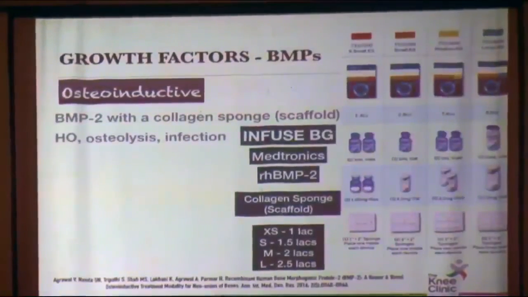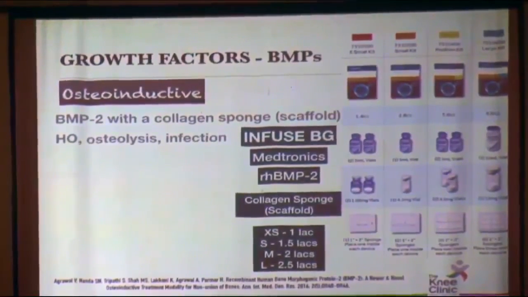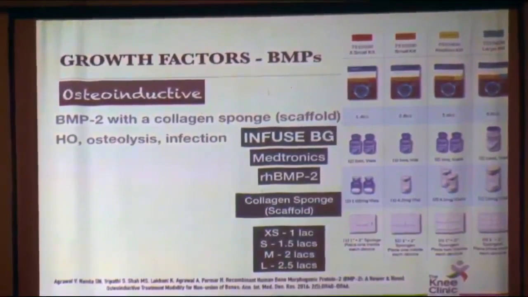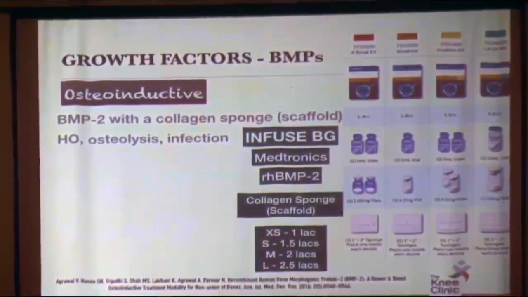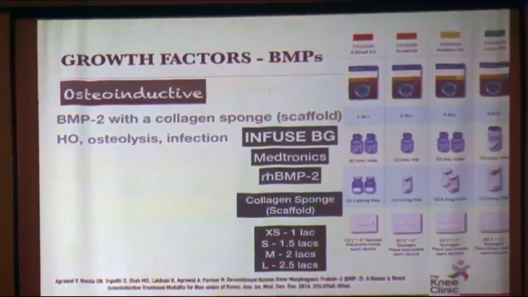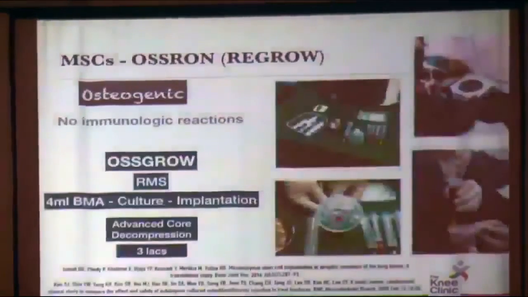The bone morphogenetic protein that is available. So what happens is when bone is put in HCl, all the minerals go out. Whatever remains has growth factors. The two important growth factors that remain inside are BMP2 and BMP7. BMP7 not available with us, BMP2 available. So Medtronic has Infuse, which is recombinant human BMP2, and you can see the prices between 1 lakh and 1.25 lakhs. It's a BMP on a collagen scaffold. That's osteoinductive, it's a growth factor.